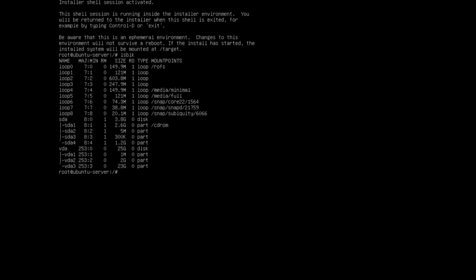And the partition that we created, which we put our autoinstall.yaml on, would be the very last partition, sda4. So let's mount that by doing mount /dev/sda4 /mnt. Okay, so now that we have that partition mounted, we can do an ls /mnt, and we see, yep, there's our autoinstall.yaml file. So now we're gonna copy,